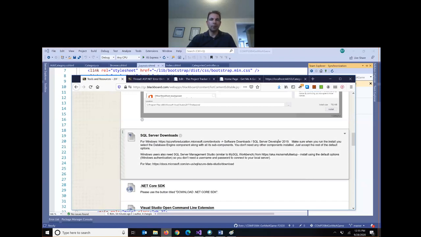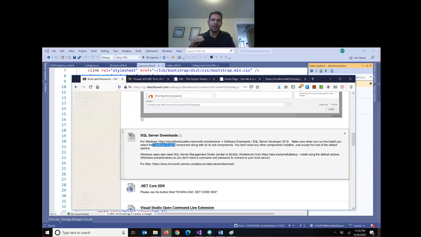Now there's a trick. When you install it, it gives you a whole checklist of components, what you want to install. By default, none of the components are selected. So if you don't choose anything, it won't actually install. It'll install the program, but it won't install the database on your computer. So you have to choose the component. The first component at the top, you can see on my screen, is called the database engine. That's the server, your local server. So when you're installing SQL Server, make sure you check and enable the database engine component, and all the subcomponents